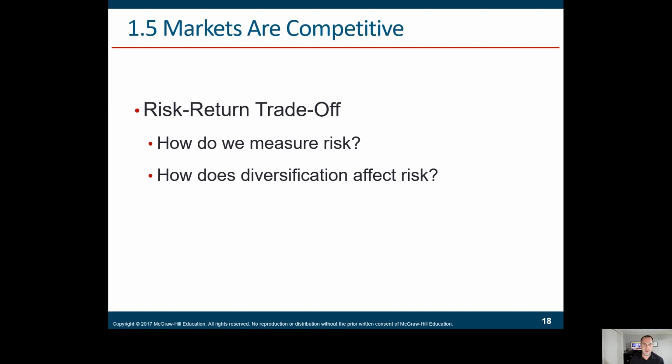Well, the market looks at risk as effectively price volatility. How much does this asset move in value, right? So bonds don't give you a lot of return, but they don't move a lot in value. Cash moves very little in value, but stocks can move very heavily in value.